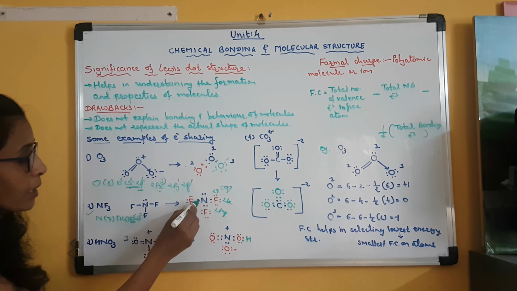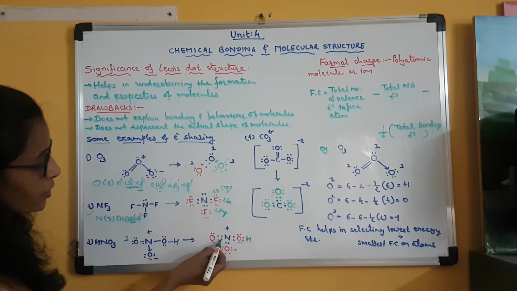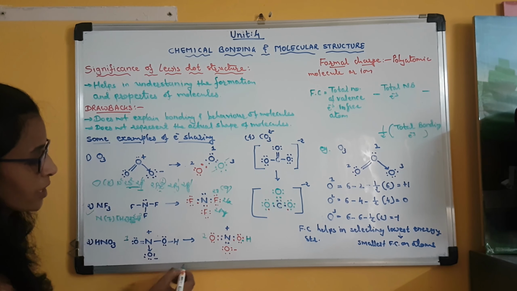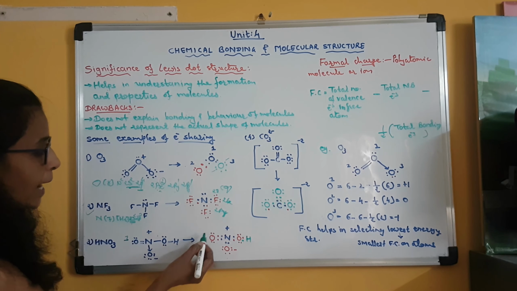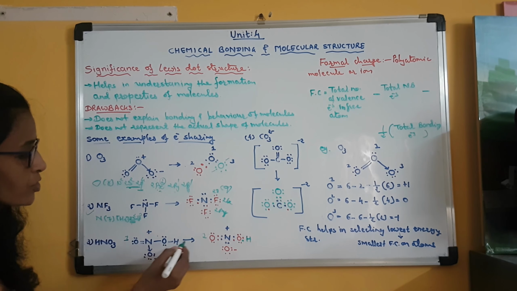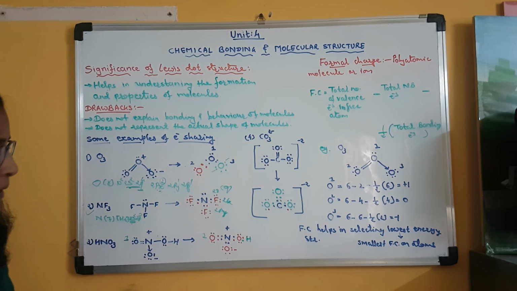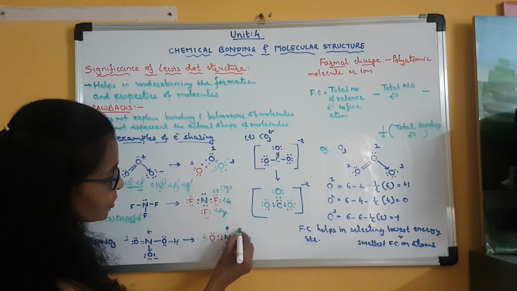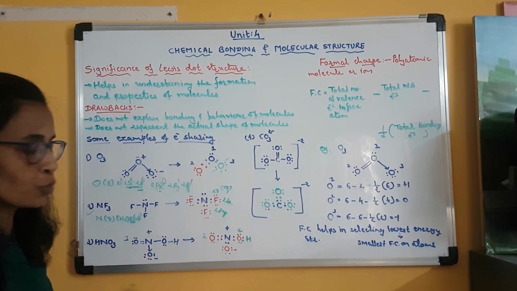Nitrogen is having 3 unpaired electrons. So out of 3, 2 unpaired electrons it shares with this first oxygen atom which is also sharing its 2 unpaired electrons. And these 2 electron pairs of oxygen 1 remain as lone pairs of electrons. Clear? Here suppose this oxygen which is bonded to hydrogen also is labeled as 2.